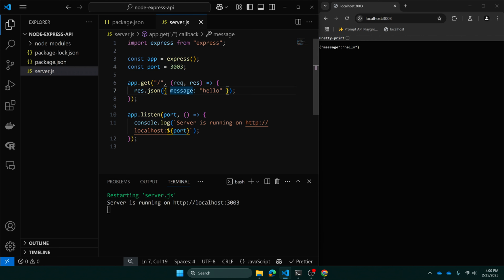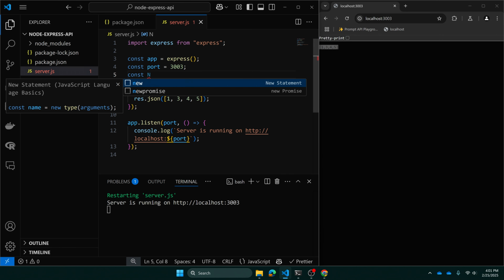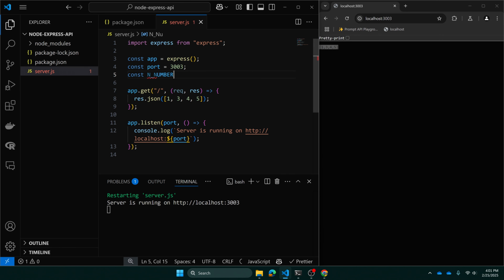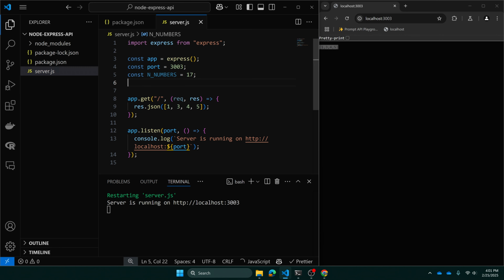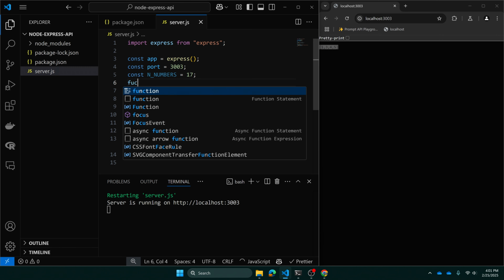So now what we're going to do in this app is just something very simple: return some random numbers. So say we have 1, 2, 3, 4, 5, something like this. Eventually we want this to respond with a JSON array, not an object, but just a flat array, and that array is going to have 17 random numbers. So const nNumbers equals 17, and then I want a function